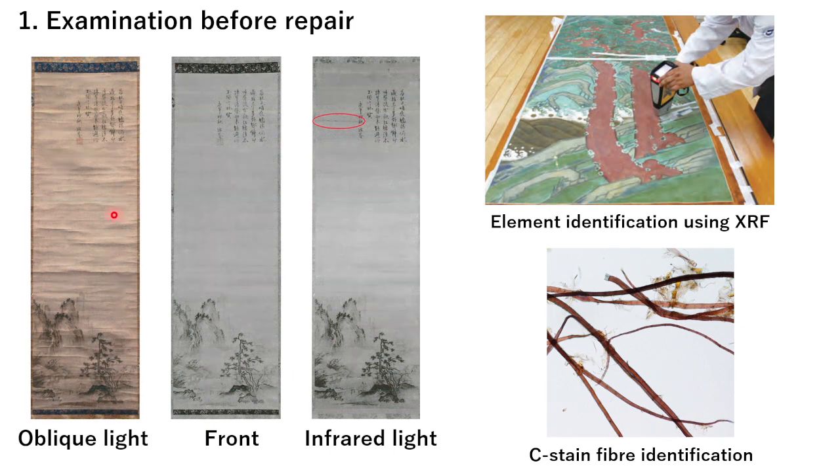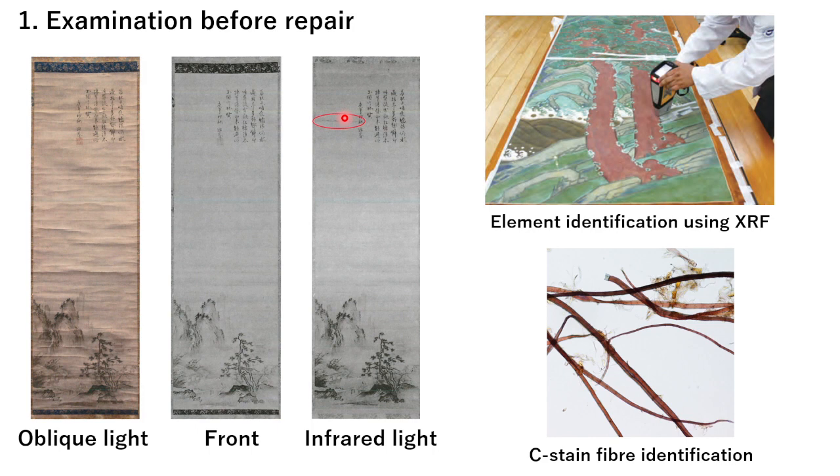As an observation method, observation with the naked eye is basically carried out, but a different state can be observed by changing the direction of the visible light, such as front light, oblique light, and transmitted light, which is not indicated here. For example, with oblique light, the position and degree of a wrinkle running horizontally like this can be found on the painting paper. Infrared observation shows traces of ink hidden under the painting paper.